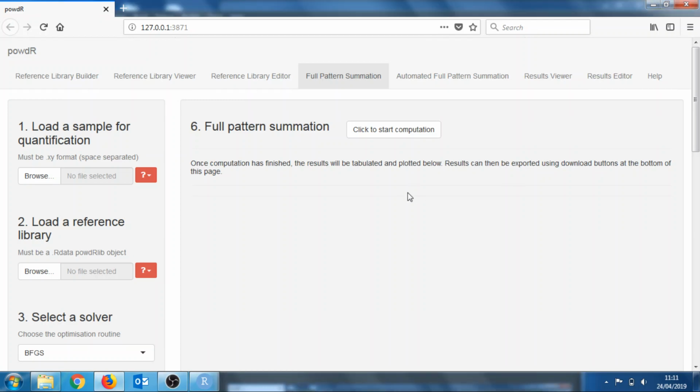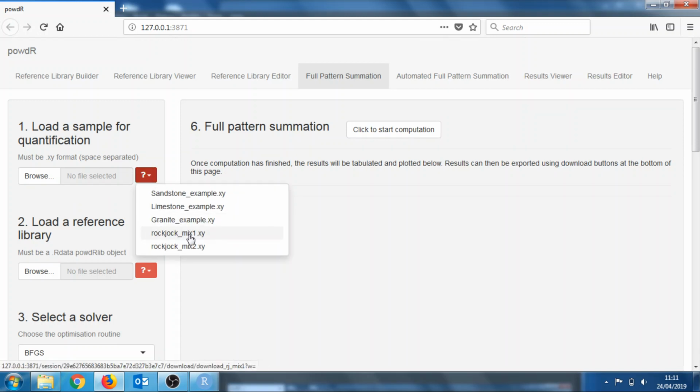So in the last 3 tutorials, we looked at how to build a reference library, plot it, and then edit it all in the web application. And now we're going to go on to do quantitative analysis in the full pattern summation tab. The data for the example we're going to go through can be downloaded as RockJock Mix